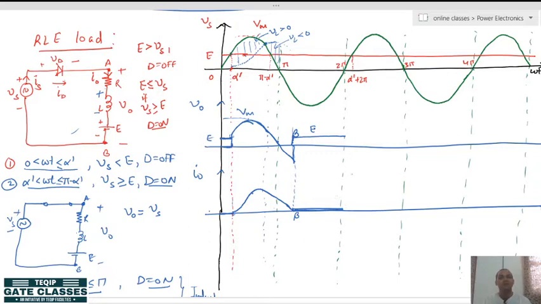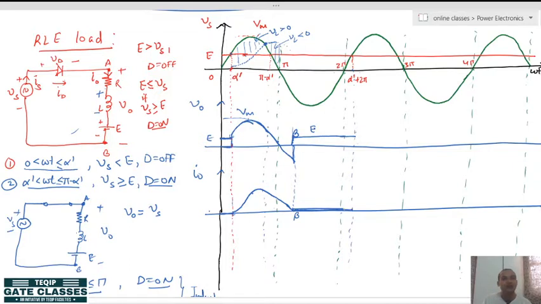Alright, then till what point will the load current remain 0, or the diode not turn on? Again start analyzing from 2 pi to alpha dash plus 2 pi. If you shift this axis here, the same cycle is repeating, where 0 to alpha dash is replaced by 2 pi to alpha dash plus 2 pi. Again the diode is off because the source voltage is less than E. So when the source voltage is less than E, obviously the diode is off. So the output will again remain E, and the output current is also 0.